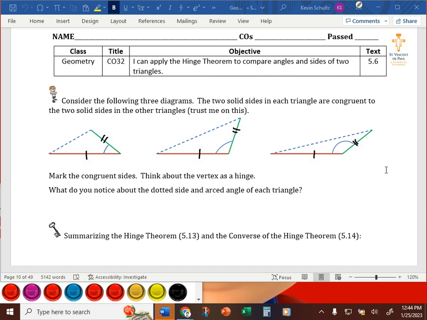Okay. So what do you notice about the dotted side and arced angle of each triangle? We kind of already said it, but to summarize, as the angle increases in measure, the third side will increase in measure as well. Okay? And that pretty much sums up the Hinge theorem. Right? As the angle increases,